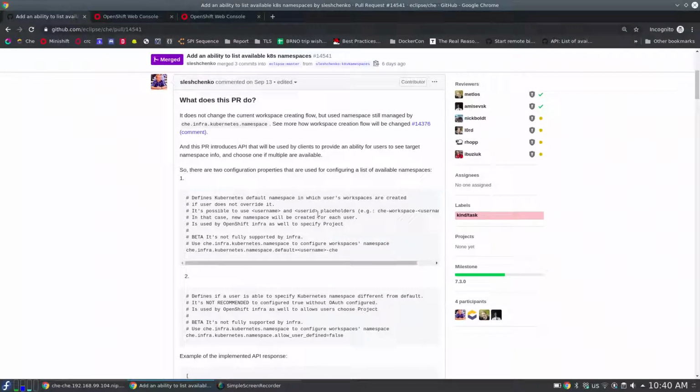Hello, platform team working on an ability for k8s to choose which Kubernetes namespace should be used for workspaces. And during this sprint we merged the first part that allows users to see available Kubernetes namespaces. And it's what I would like to show now. But note that the user is not able to specify a namespace for a workspace yet, but only get a list of available